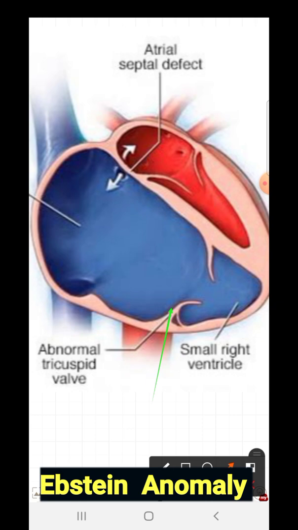The right ventricle is thin, small or dilated, and functionally reduced. The heart muscle is myopathic, and the portion of the right ventricle above the leaflet attachments is thinned out and called atrialization of the right ventricle. This portion of the right ventricle is atrialized. It looks like atria. It's very thin.